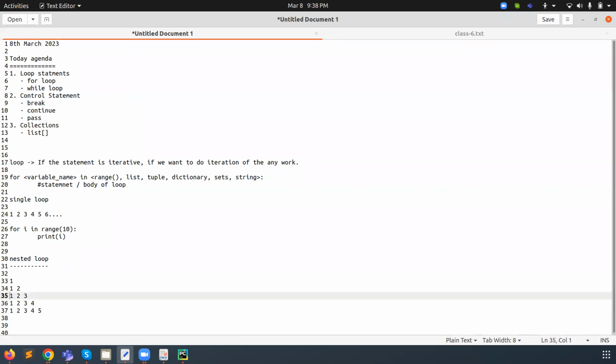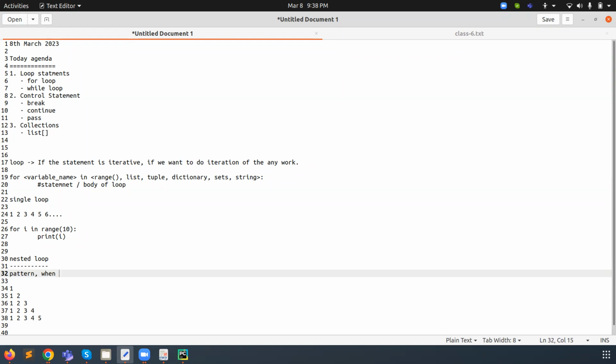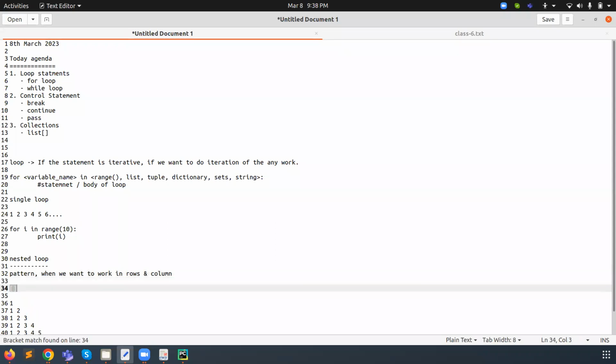When we want to display a pattern, and when we want to work in rows and columns, at that time we always use a nested loop. With the help of a single loop we can't do it. It is like a single dimension array, as we are defining here.